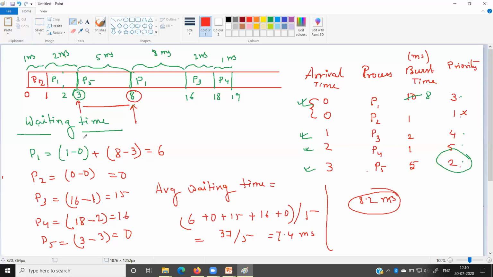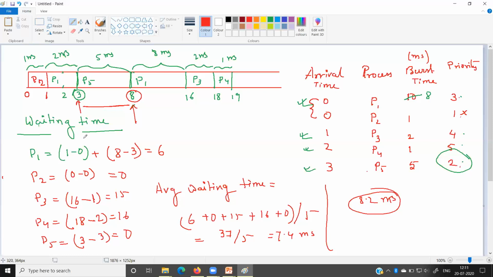First come first serve algorithms are there. Shortest job first algorithms are there. Shortest remaining time first algorithm is there. Priority scheduling algorithm is there. But all the algorithms can be executed either in a preemptive manner or a non-preemptive manner. So it totally depends on the situation or scenario.